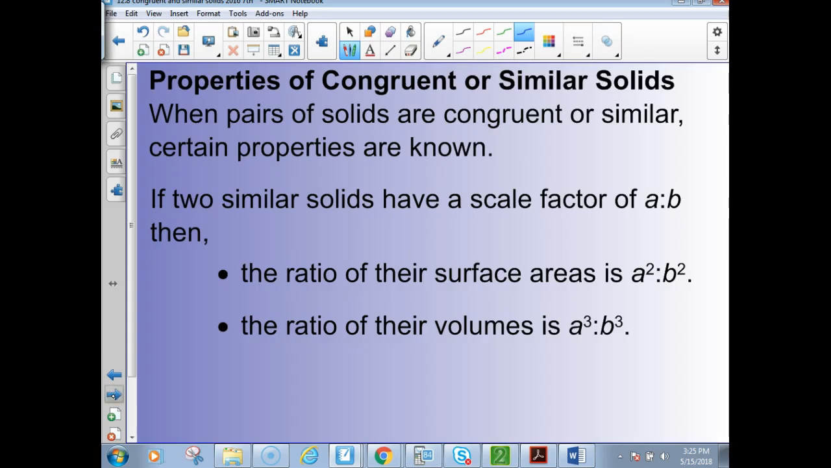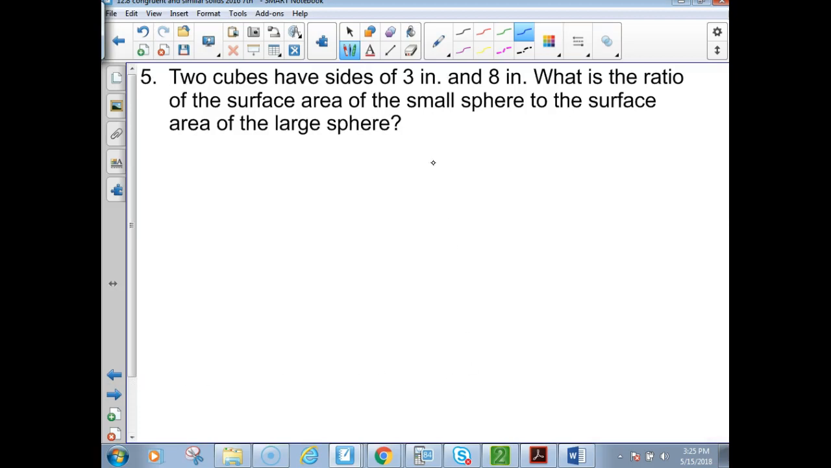Okay, that can happen. We did discuss that 2 similar solids have a scale factor A to B, areas A squared to B squared, volumes A cubed to B cubed. 2 cubes have sides of 3 inches. The scale factor, or SF,